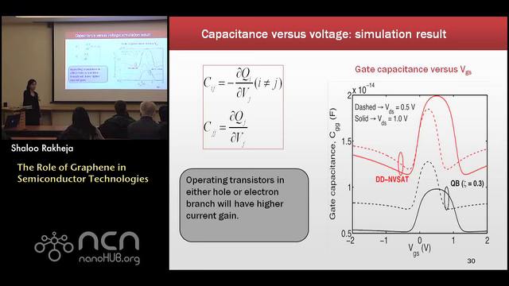Because now current gain depends on capacitances. So if the capacitances are lower, you would end up getting a higher cutoff frequency, higher current gain. But as I'll talk about in one of the later slides, for frequency doubler applications, you have to bias your transistors at the minimum conduction point. So that's a challenge. So with this slide, I conclude my findings on the dynamic model, and I'm going to move on to experimental calibration.